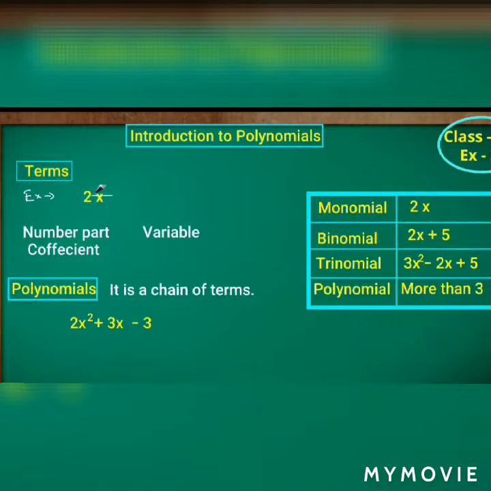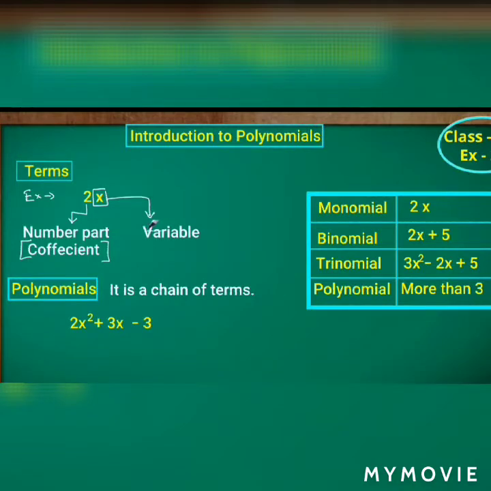So polynomials are nothing but an algebraic expression in the form of a combination of constants as well as variables connected by four basic operations. It may be addition, subtraction, multiplication, division. Suppose I am taking an example 2x, I can say x is a variable and the coefficient of x is 2 here, that is the number part. 2 is said to be the number part, the coefficient, and x is the variable, isn't it? So which is having the combination of constant as well as variables.